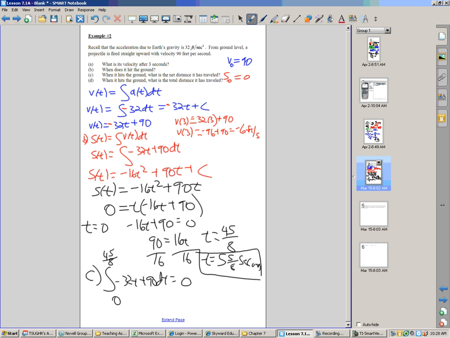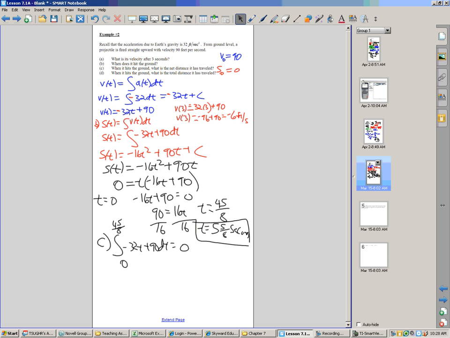Versus the total distance traveled. The total distance traveled is going to be the definite integral over this entire time, but we have to take the absolute value of this function. We'll just do this one in the calculator. We won't break it up separately. But you'd have to break it up to find out where the maximum point is, and break it up if you had to do it analytically. But to do it in the calculator,